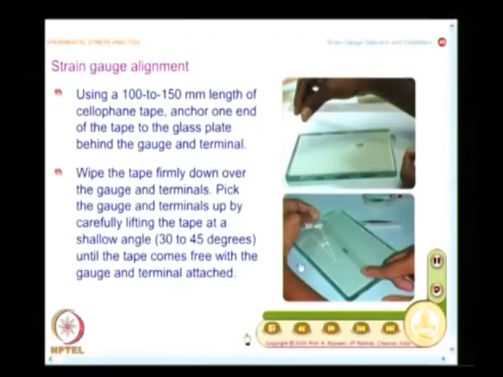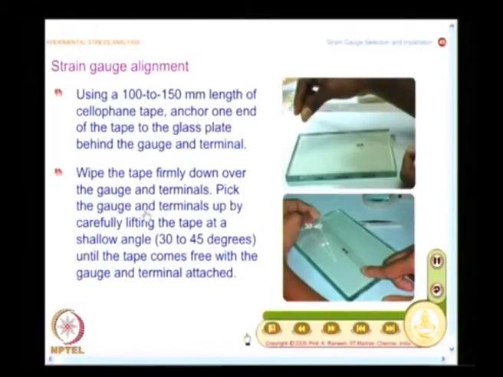Even without your knowledge, you will be applying a very high level of strain. Though it looks very trivial, why you specify the angle, why not I do it at some other angle? What is recommended here is, if you do like this, the chances of overstretching the strain gauge will not happen. So, you need to have only 30 to 45 degrees.